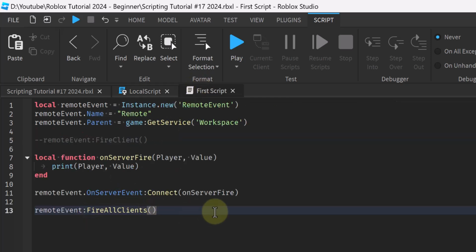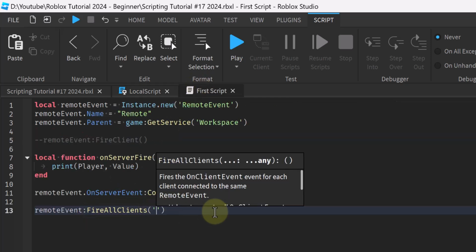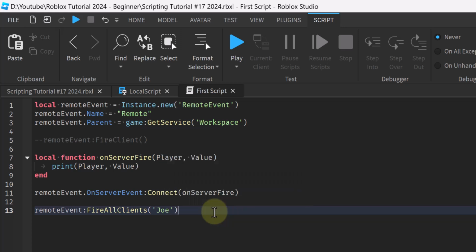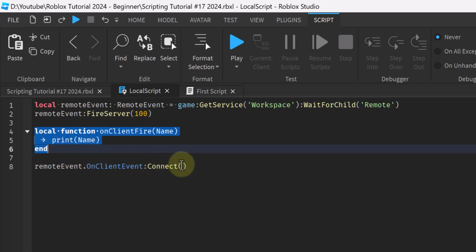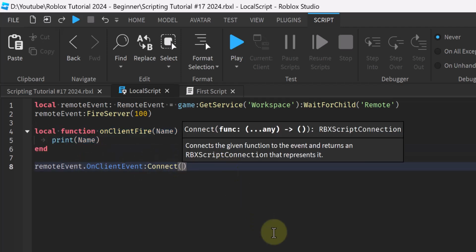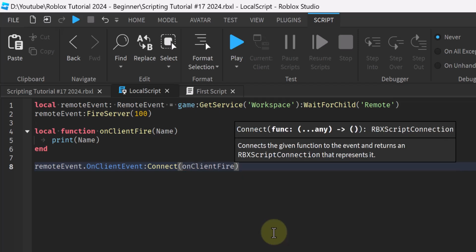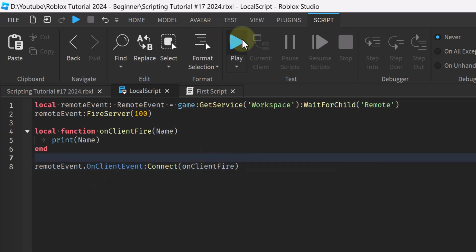But over here, we're just going to type in any name. Let's say Joe. Right? So FireAllClients, the information we want to send, which is Joe in this case, which is a name. And then we want to receive that information, we want to print it once it's received. Let's connect it to the OnClientEvent, right? So if we play the game,